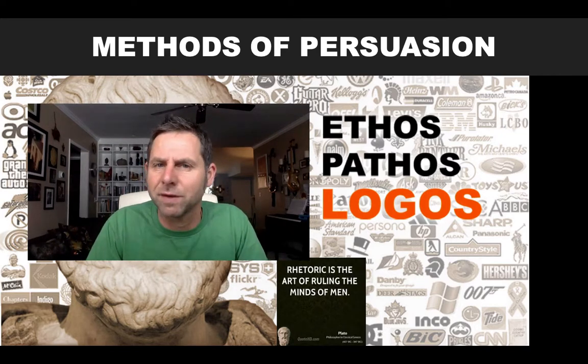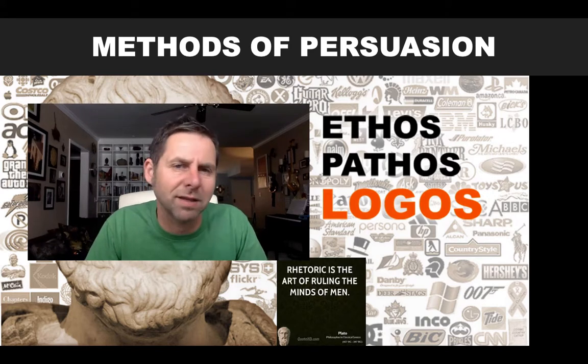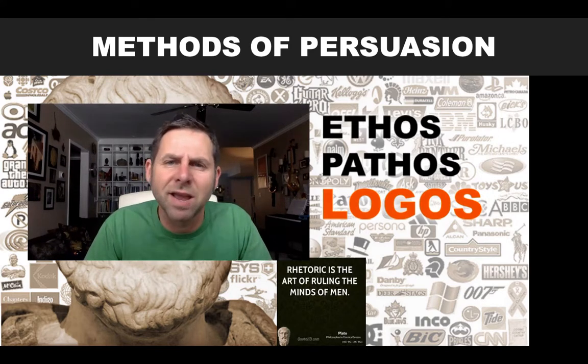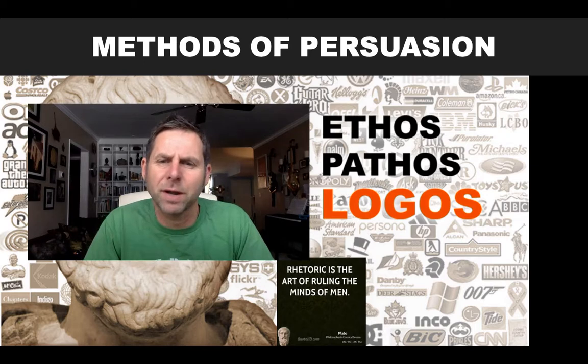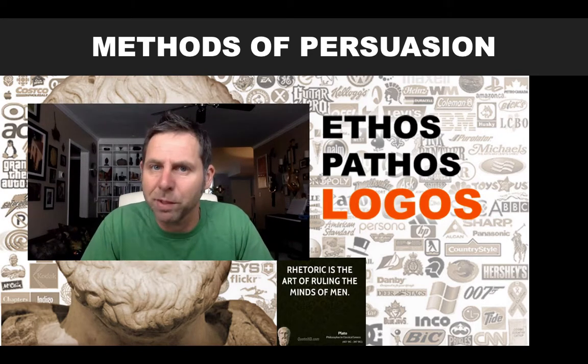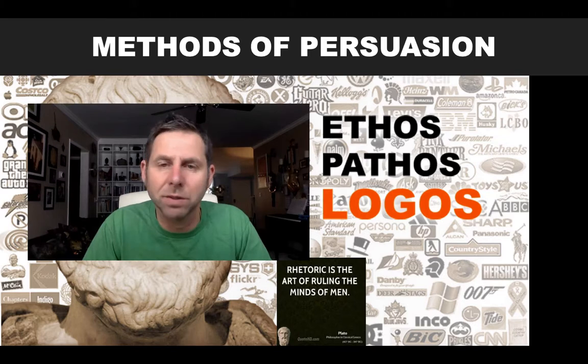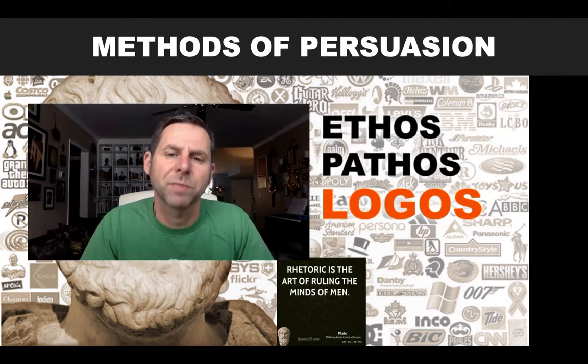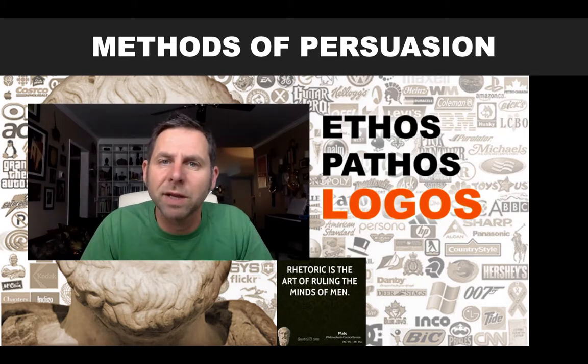I want you to think of both the rhetorical devices and the psychological fallacies as really part of your bullshit detector toolkit, right? The more you're aware of them, the better you are able to not allow other people to manipulate you. Okay? You need to be able to understand how people are trying to persuade you so you can really see what real reasons you have for believing or doing something. Okay, so that's what we're covering today.